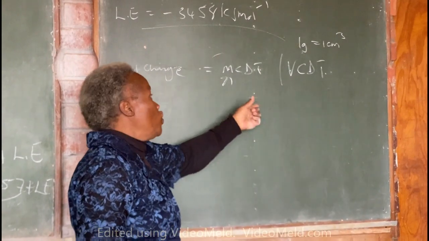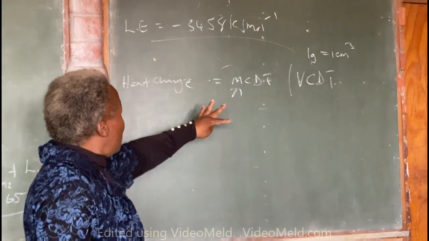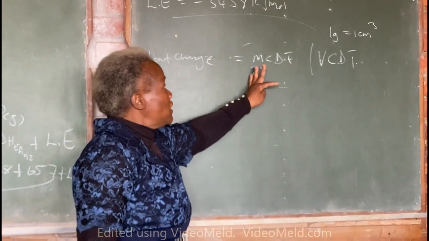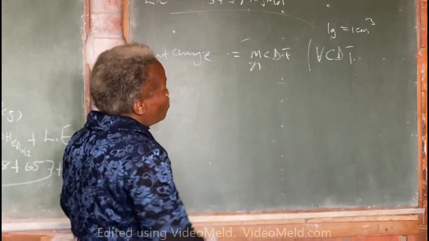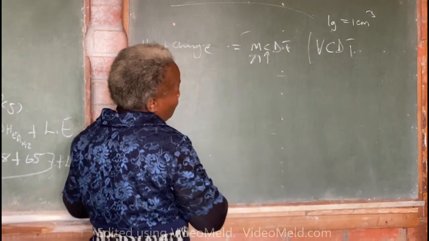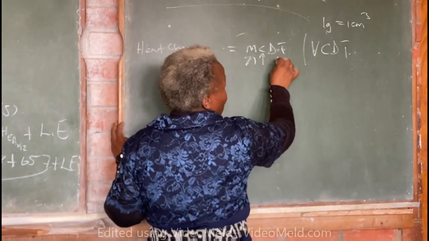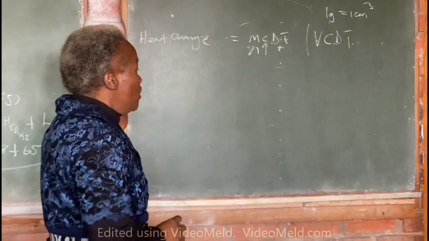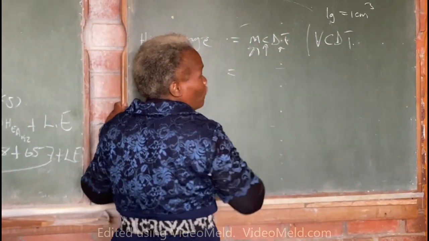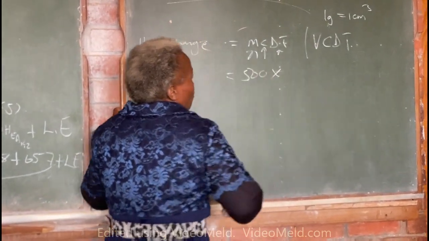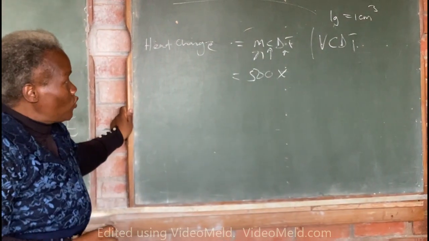So in this case we are using the volume of water because this is where the dissolution is going to occur. So this is the volume of water, this is the specific heat capacity, and this is the temperature change which must be effected by the reaction. So our total mass, the volume of water, is 500 times